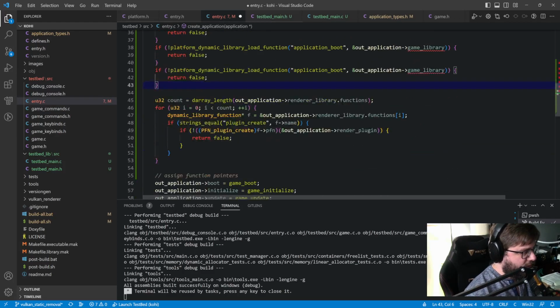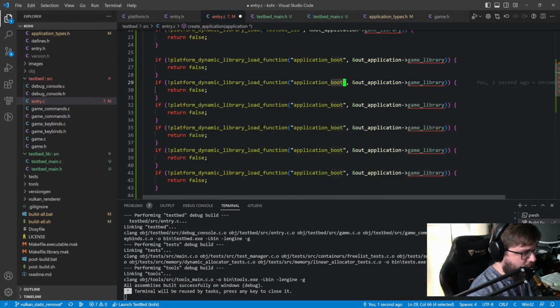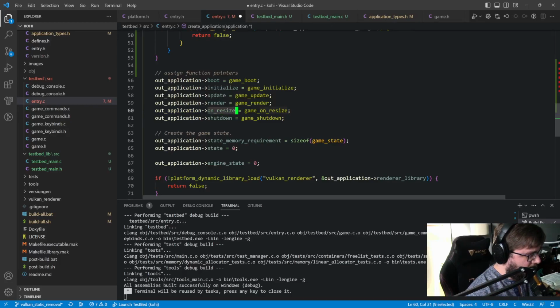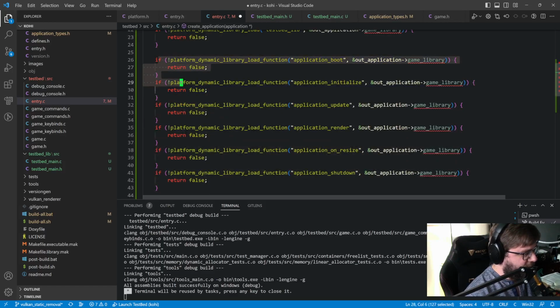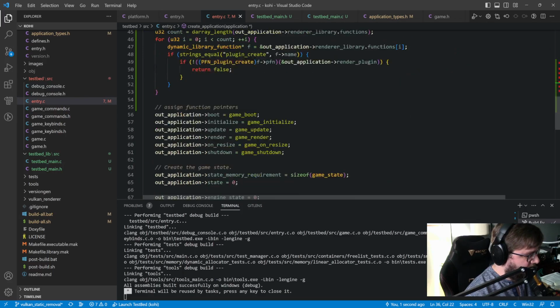Right. So we have boot initialize, update, render, on resize and shut down. Right. So we're going to dynamically load up our function pointers from the loaded library. And then